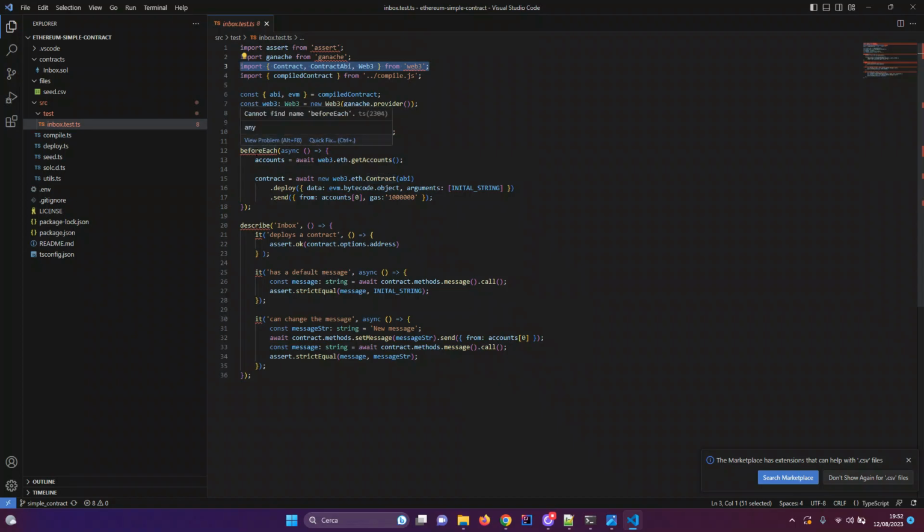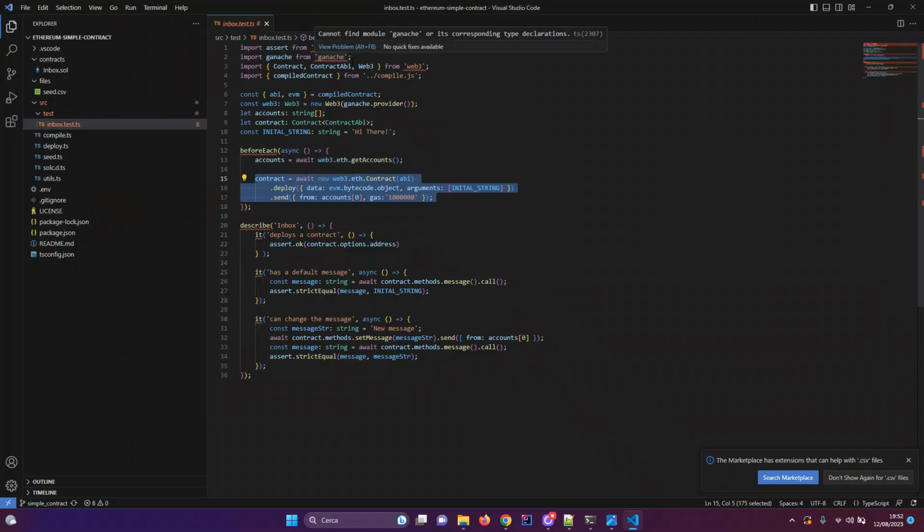We will fix them in a while, so don't worry about this. We will cover this. Basically it gets a list of accounts and deploys the contract to this Ganache test network.